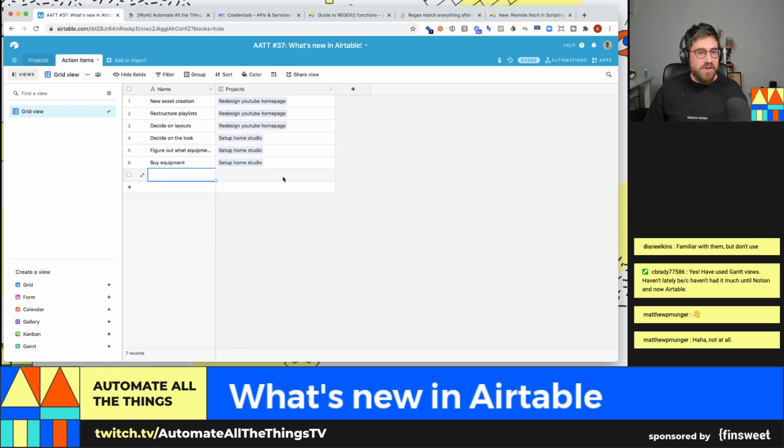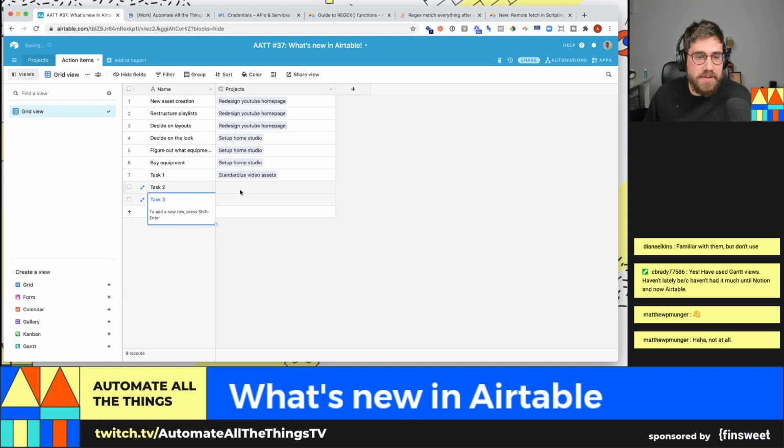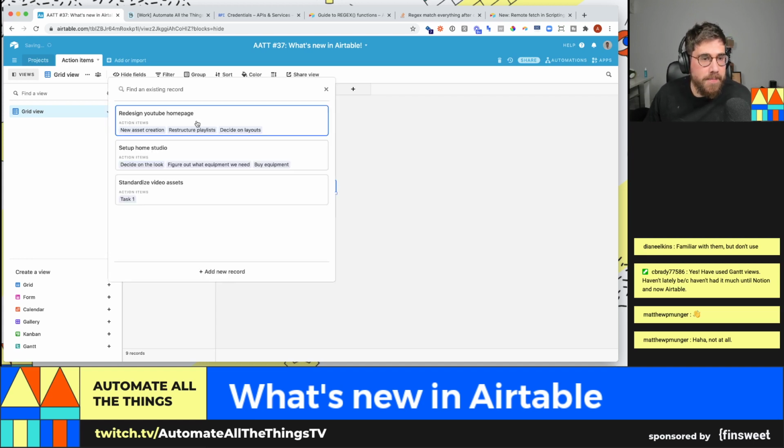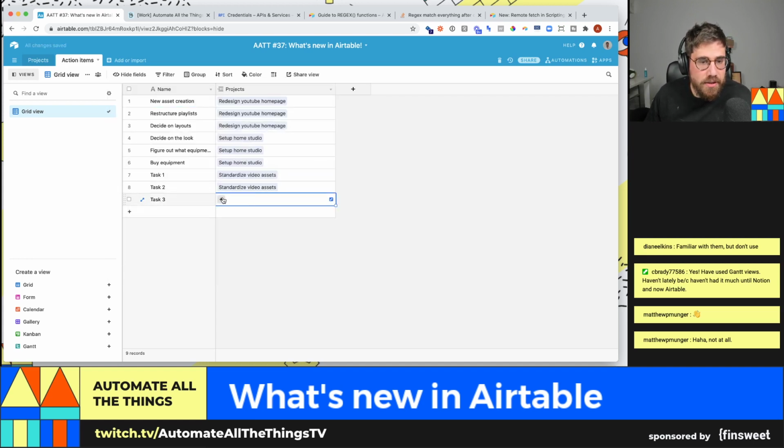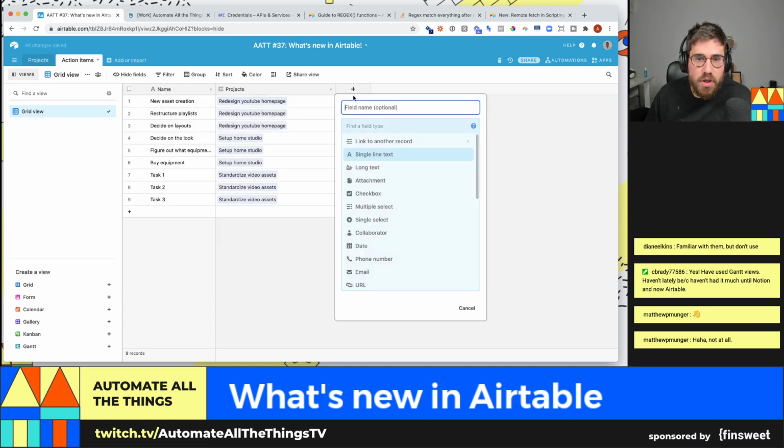And standardized video assets, right? So these are just projects, and we're just creating tasks. I'll just give these task 1, task 2, task 3. Task 2. Let's give this one more, task 3. Right, so relatively simple stuff. And you can imagine a much more complex world where we're managing a bunch of things, a bunch of dependencies, and